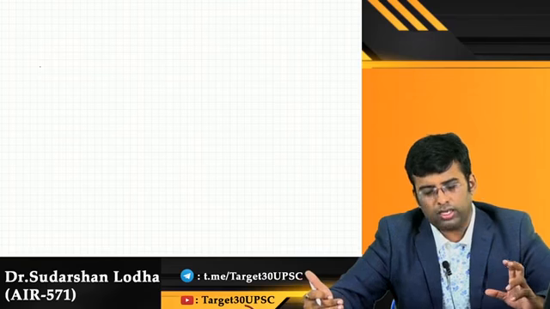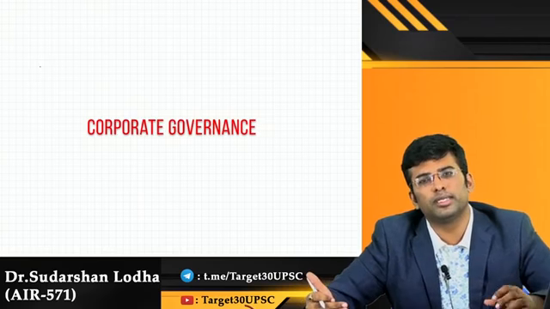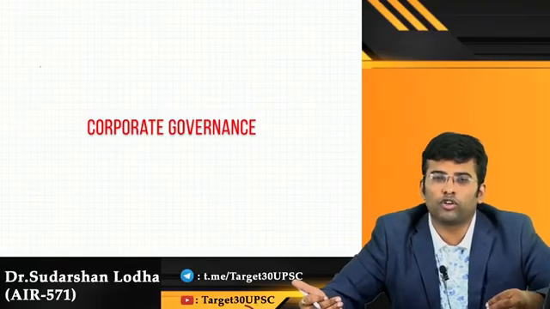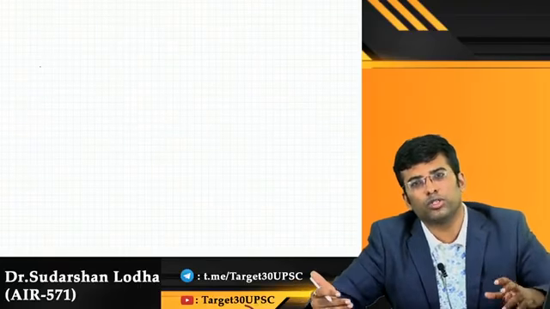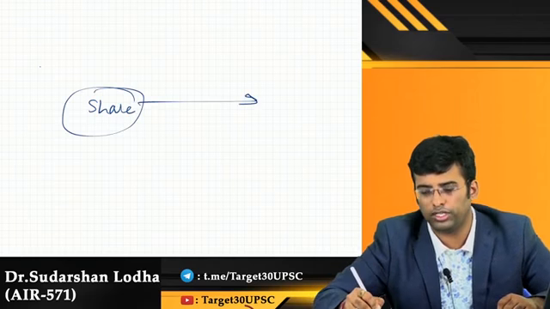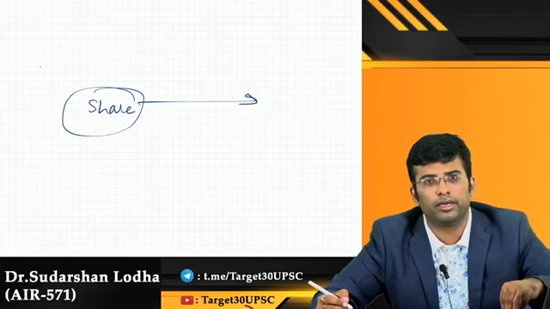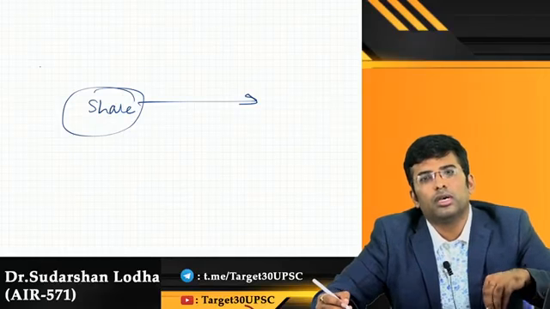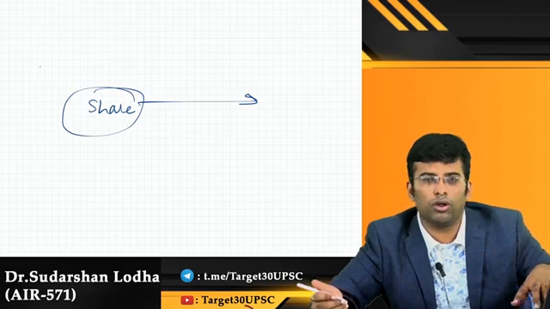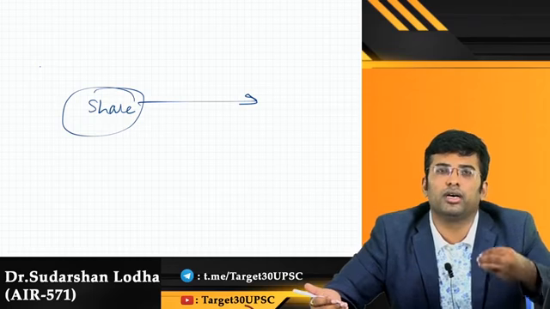To continue with it, the first and most important example with respect to corporate governance you should know. Basically, corporate governance is running the company or private organization based on principles which protect the interest of all the stakeholders. Initially, the concept was towards protection of the interest of shareholders. Now, the concept has changed to protection of the interest of all the stakeholders. So, who are all the stakeholders? The various stakeholders in a company are government, the creditors and shareholders, environment, society and consumers. So when the company focuses on protection of interest of all, that company is said to be following the principle